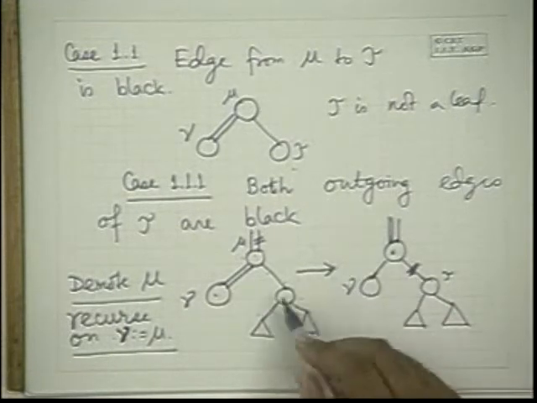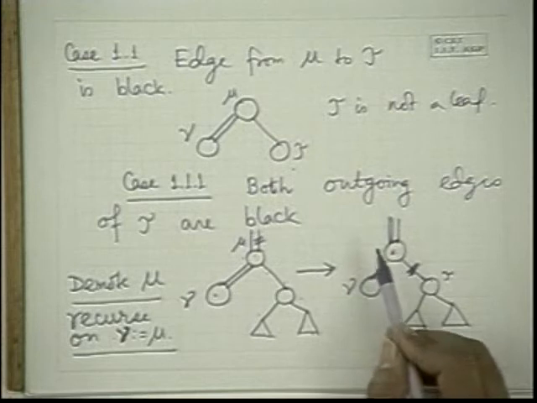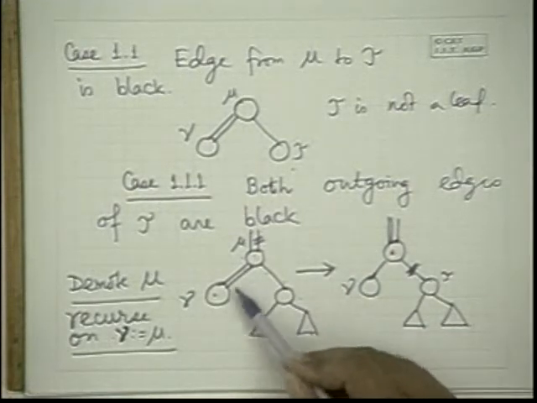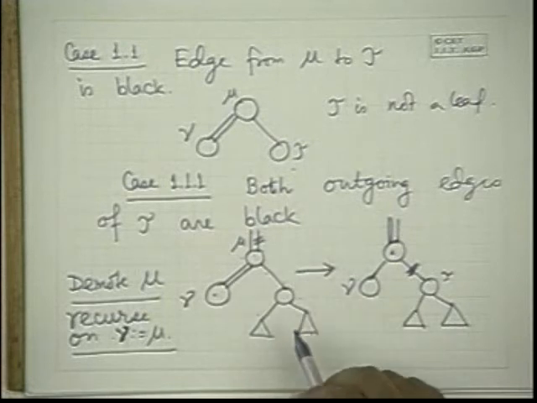So could everybody follow how we are taking care of this black height business? The only violation we know is this double black, and we are propagating it up. Now the natural question is, how long will we go on moving up the tree? There will be double black, but at the root there is no parent. At most you can move up to the root, but the root does not have any parent, so there is no incoming edge. Basically, if there were a double black which you are propagating up, that will be lost, but that is fine for us. It is lost, so what? Because by keeping the invariance, everything below that node we have taken care of. So if we have taken care of every node below the root, we are done.